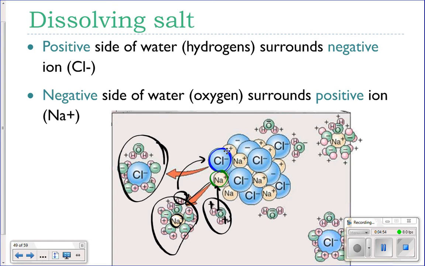So the water creates a buffer so that the two ions can't get back together, and the salt has been dissolved into the water. Water is very, very good at dissolving things that have some sort of charge to them because it is